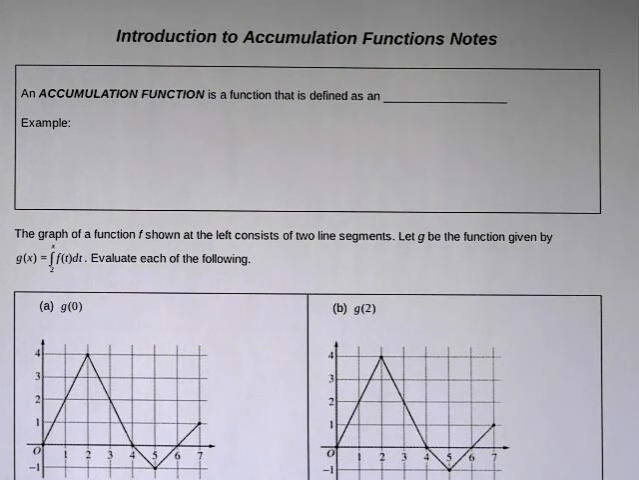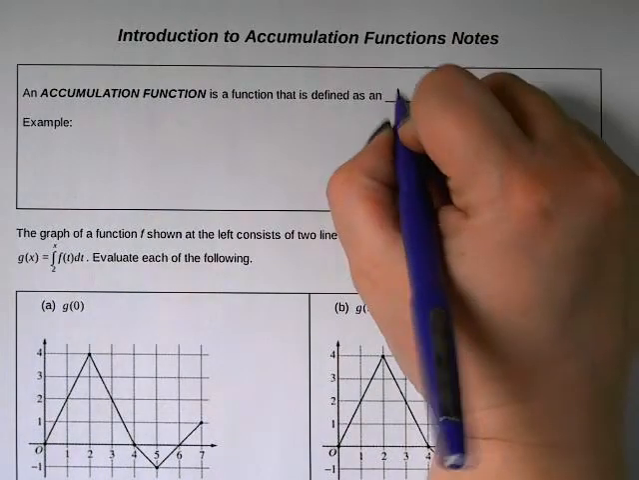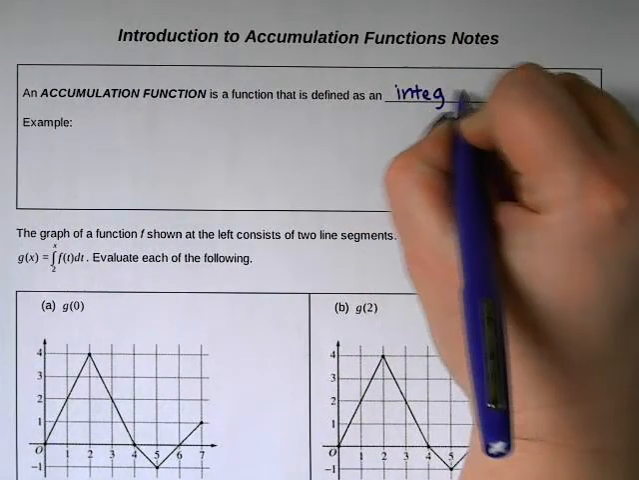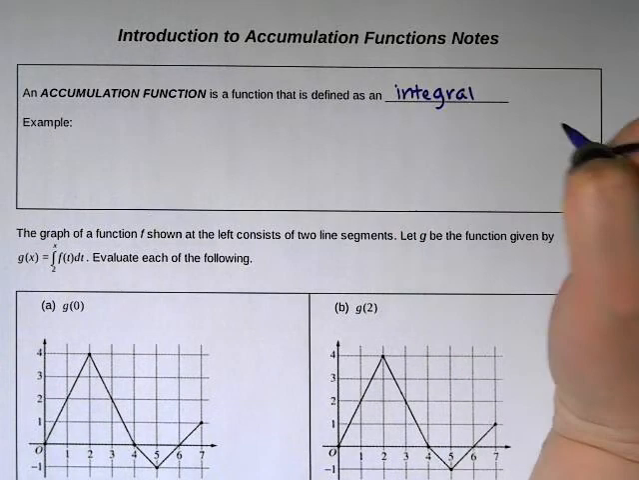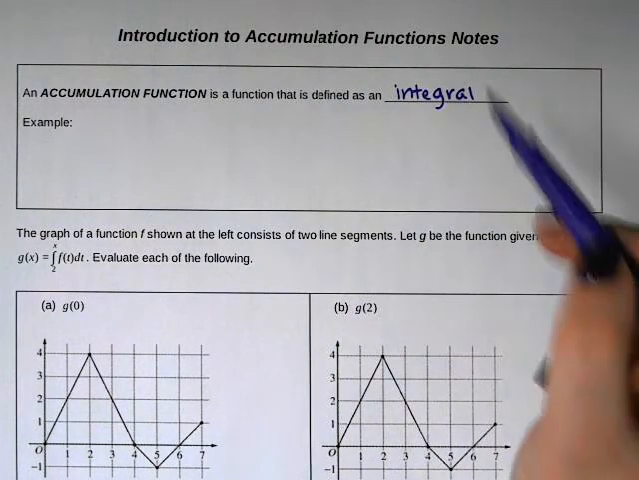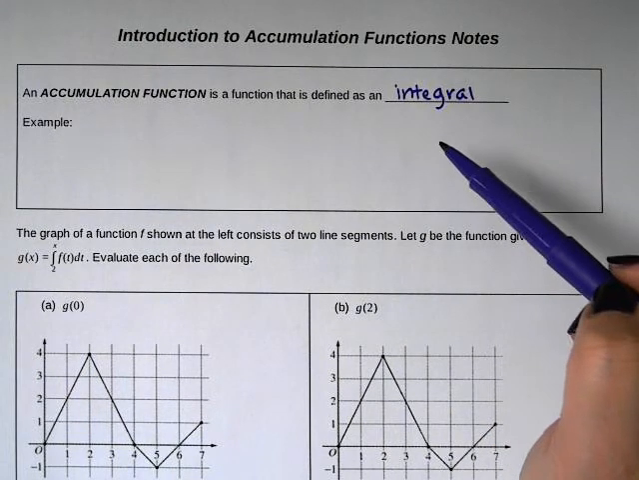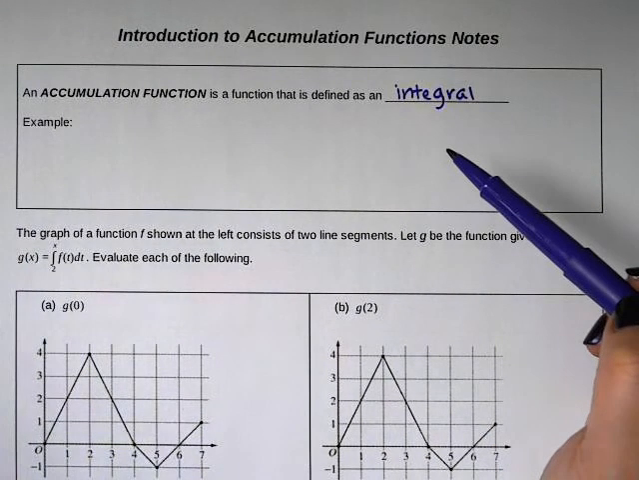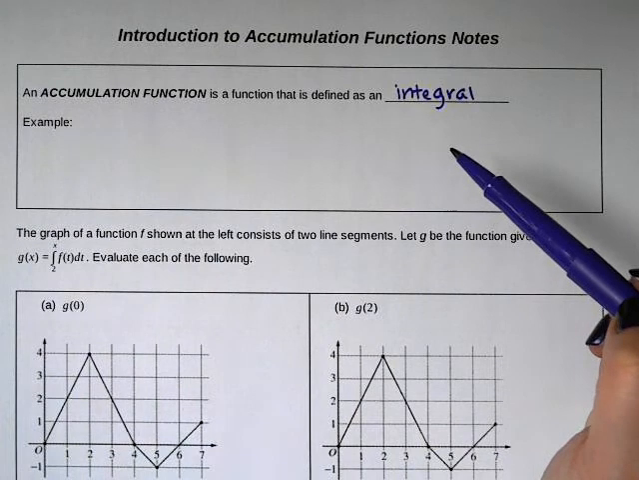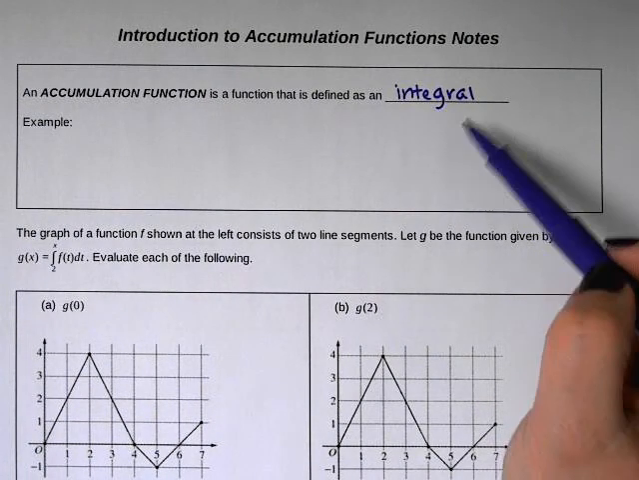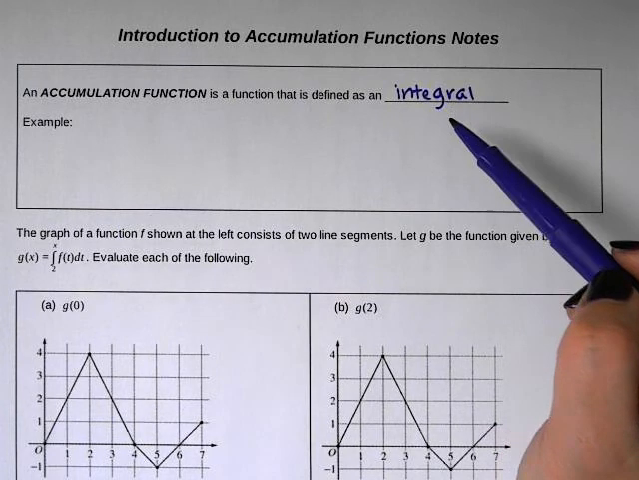So an accumulation function is a function that is defined as an integral. So a lot of what we've been working with this chapter has been dealing with evaluating integrals. So we started out with using geometry, then we started approximating using the RRAM and the LRAM and the midpoint, and then we went to actually being able to do antiderivatives. So now we're going to talk about what an accumulation function is and how it's a function defined as an